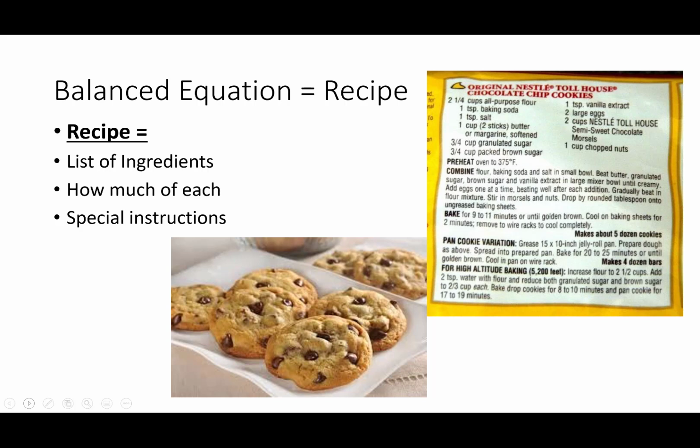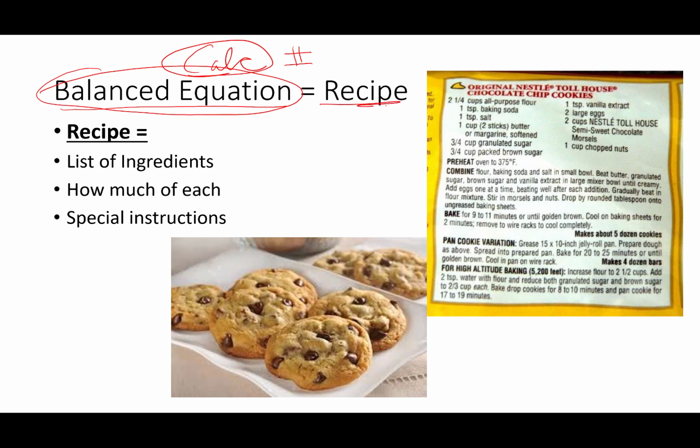Hello, everybody. We are talking about balanced chemical equations, and we are going to use those balanced chemical equations this time to actually do some calculations about the amount of stuff that you need inside of a chemical reaction. We're actually going to use these balanced chemical equations as a recipe, and a recipe for making compounds in